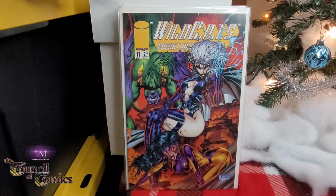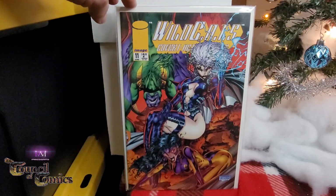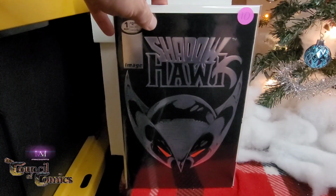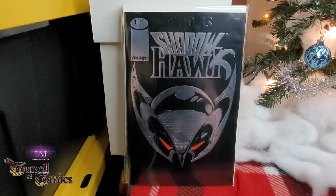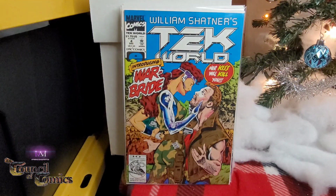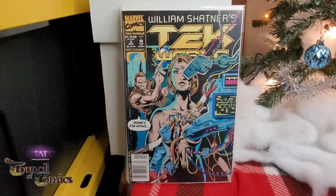Wildcats 11. I have 1 through 10. I was really happy to get this to add to the collection. I got Shadowhawk number 1. And I got 2 of those. They're worth about $10 a piece, and they're in 9.8 condition, so I'm considering sending at least one of them out for grading. William Shatner's Tech World number 4, number 3,